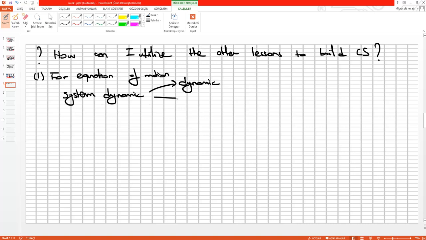Or you should use the electrical lessons, for example analog electronics. So analog electronics gives you basic information about Kirchhoff's law. Or this is F equals ma, right? Or statics